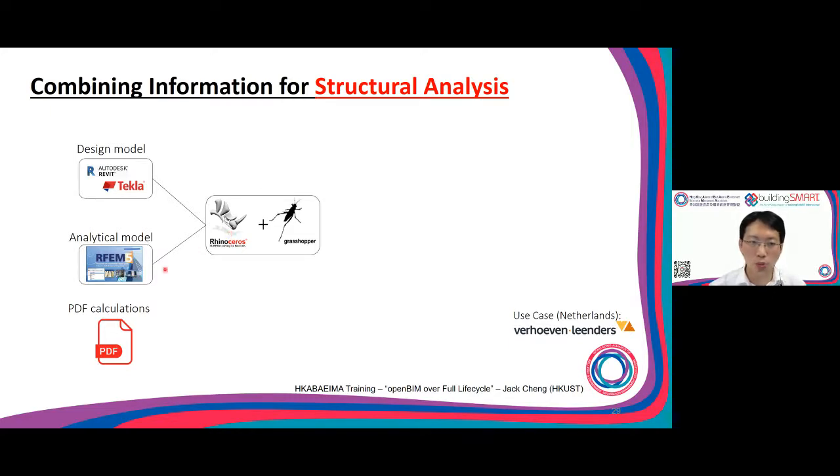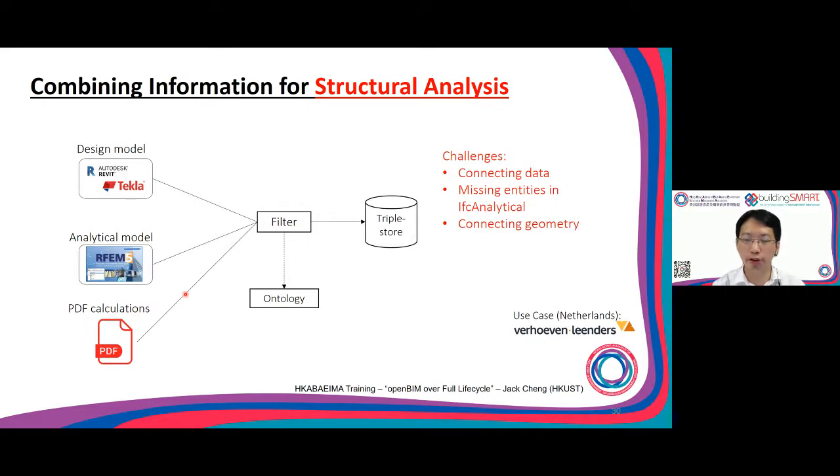They also link this with the PDF calculation so that they can generate different options to see which option is better from the structural perspective. Finally, they can filter the solutions and generate a list of the options which they think is the best. But they found that the challenge of this kind of project is that they need to